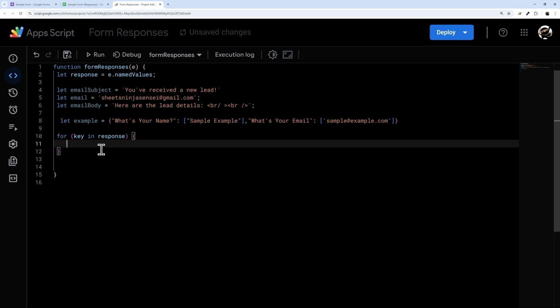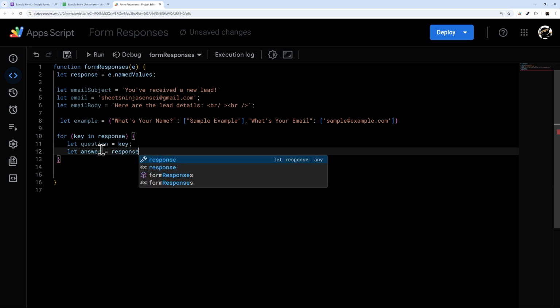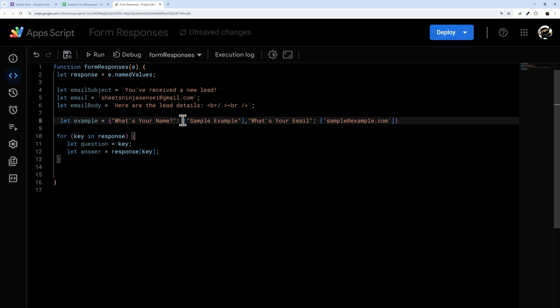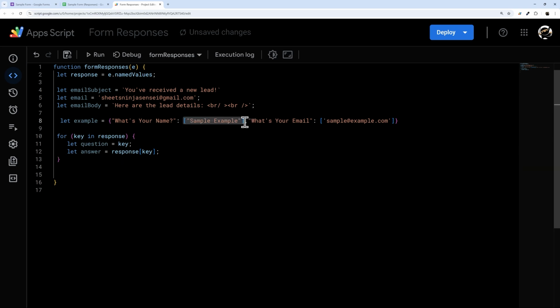some data out. And so we could basically pull this out, say let question equal the key, and let answer equal response key. And that's how you get the answer, or this part from the array, from the object. So one thing to keep in mind is currently this isn't an array,